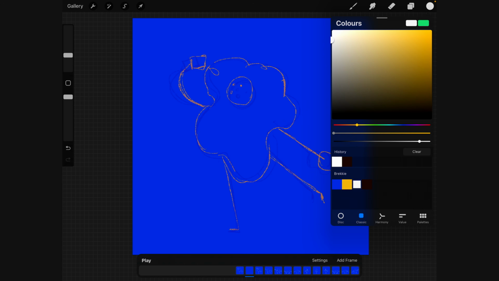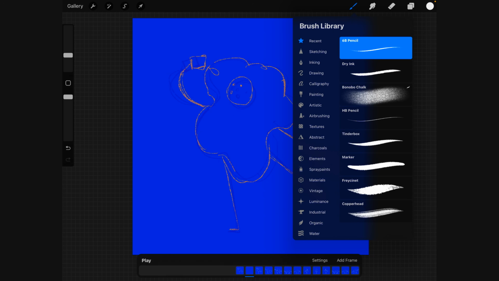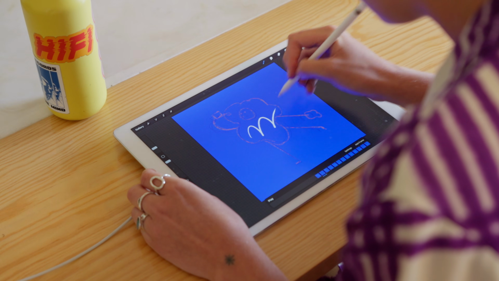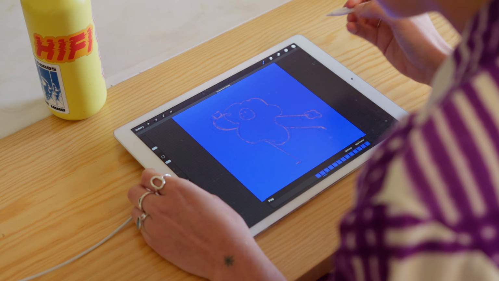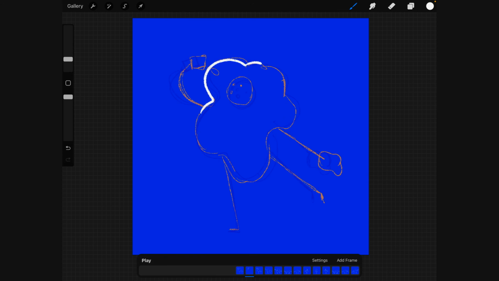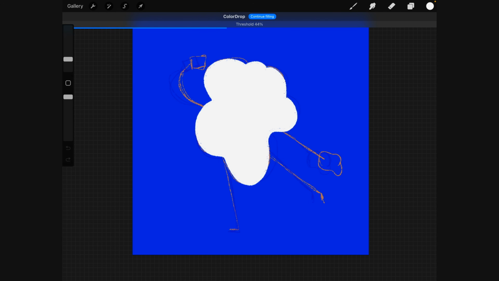We can come up here. I've got a nice little breckie palette with an off-white egg color. And the brush that I want to use is this dry ink brush, which I think has a nice kind of texture to it. So now we're just going to go through and do the body for this egg a little bit more perfect than our rough animation. And we can still obviously change things, but this is where we're at right now.